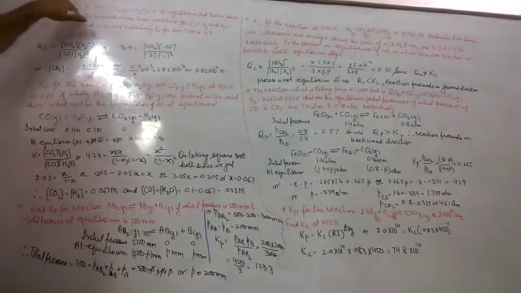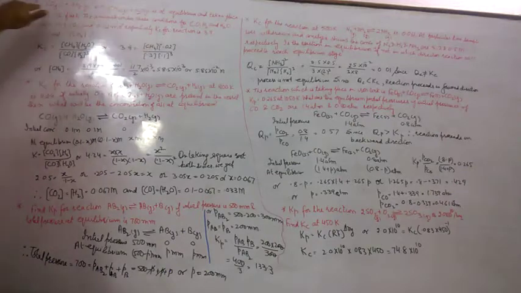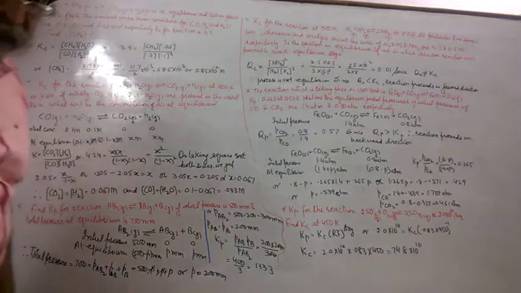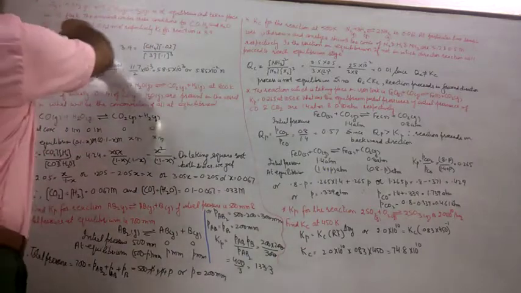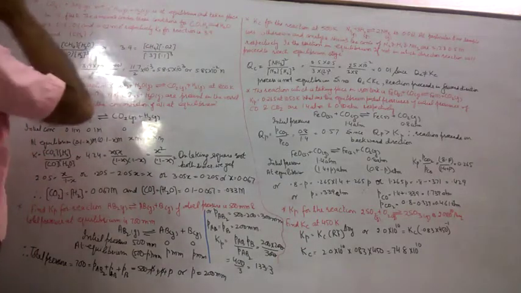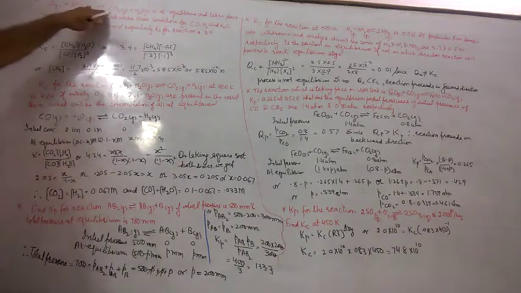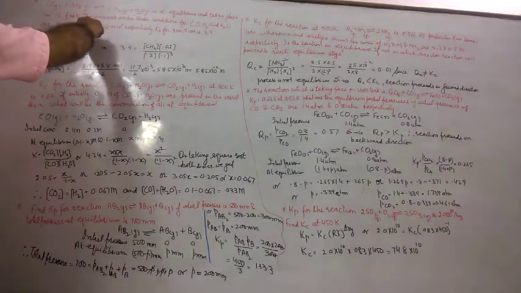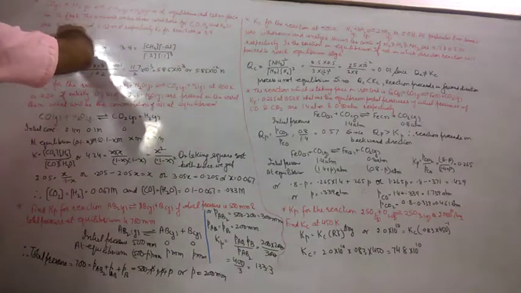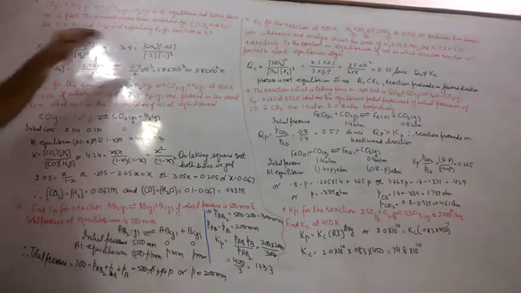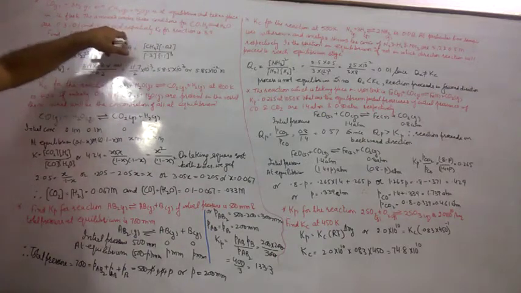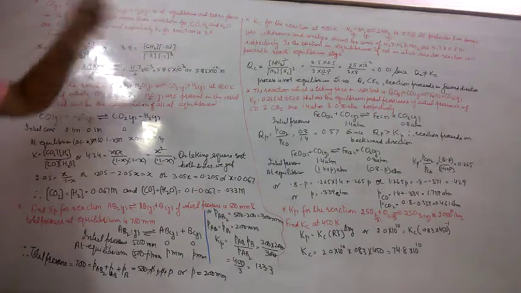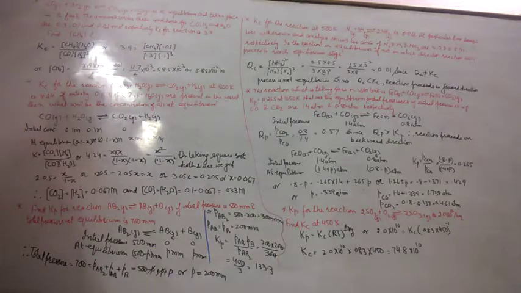CO gas plus 3H2 gas gives CH4 plus H2O. All are in the gaseous state, meaning homogeneous equilibrium. It takes place in a flask having 1 liter capacity, meaning they will occupy a volume of 1 liter. Gases have the capacity to occupy the whole space. The amounts under these conditions are this much at equilibrium because the process is in equilibrium. Kc is also given to you. You have to find out the molar concentration of methane.